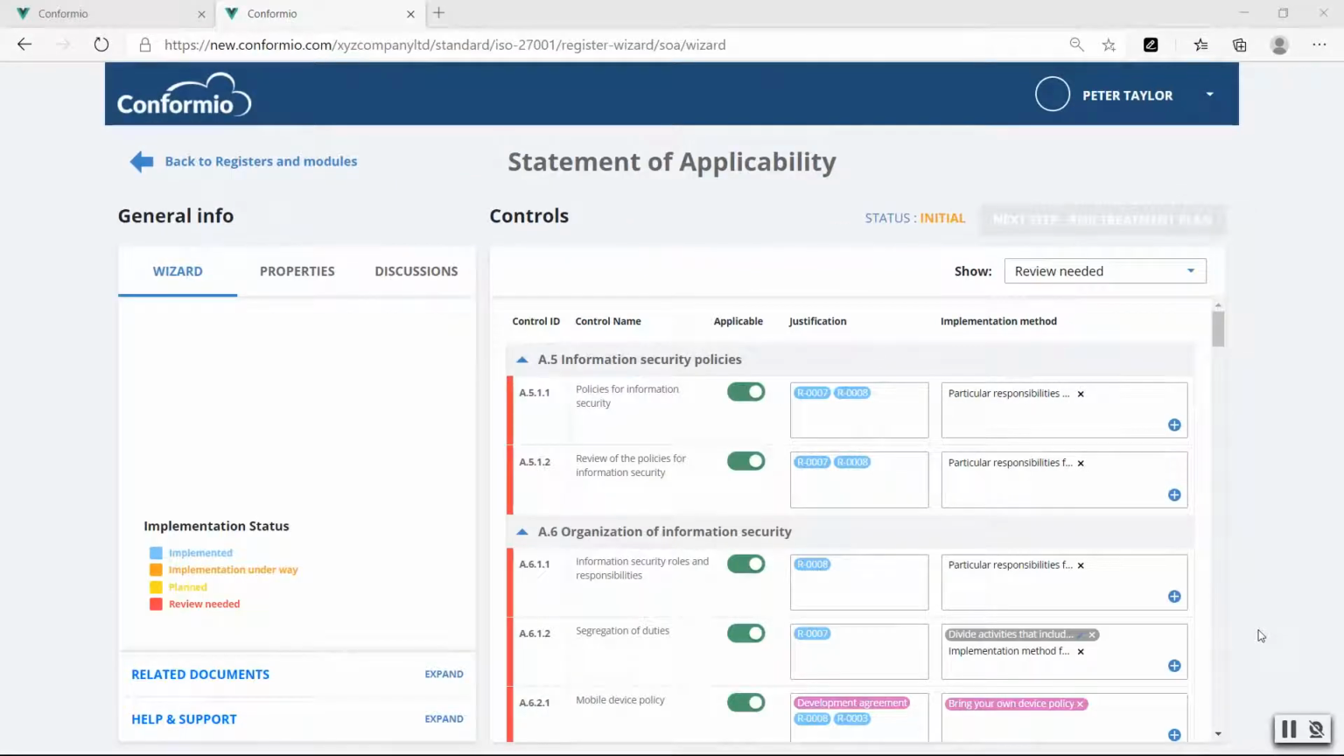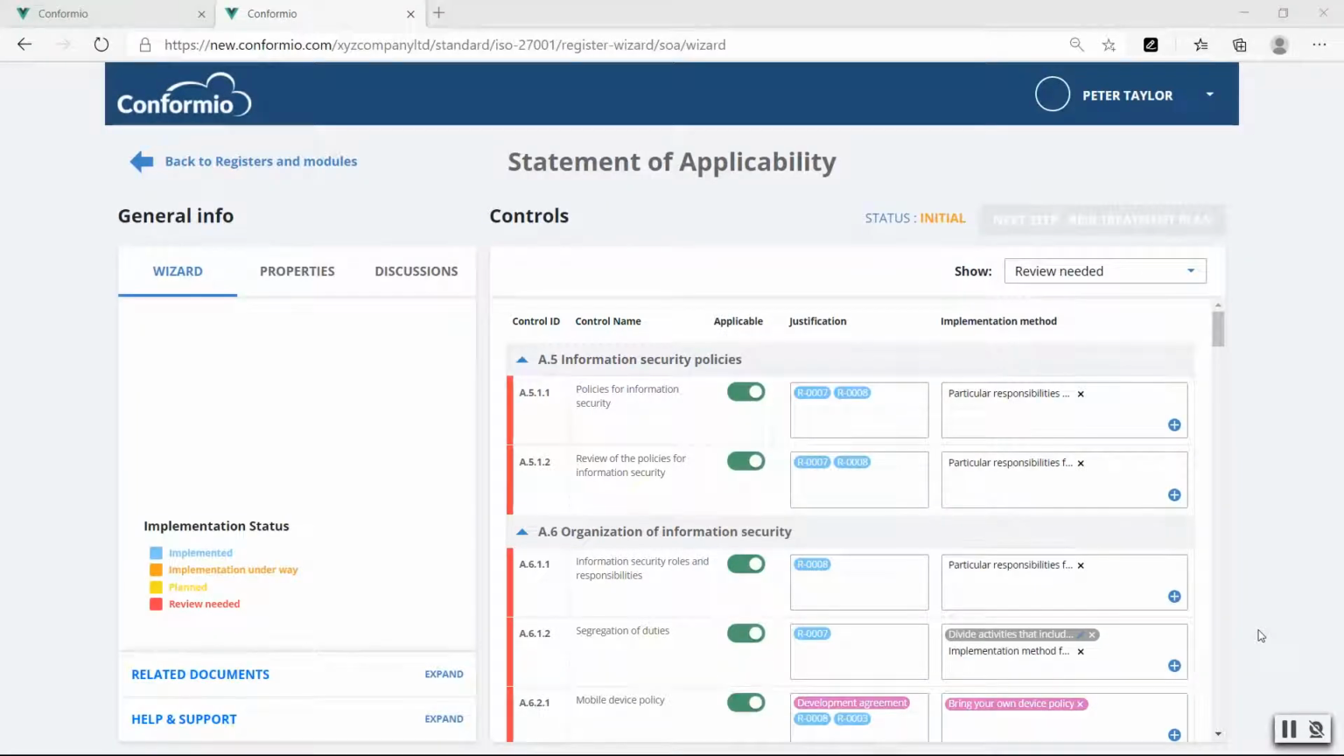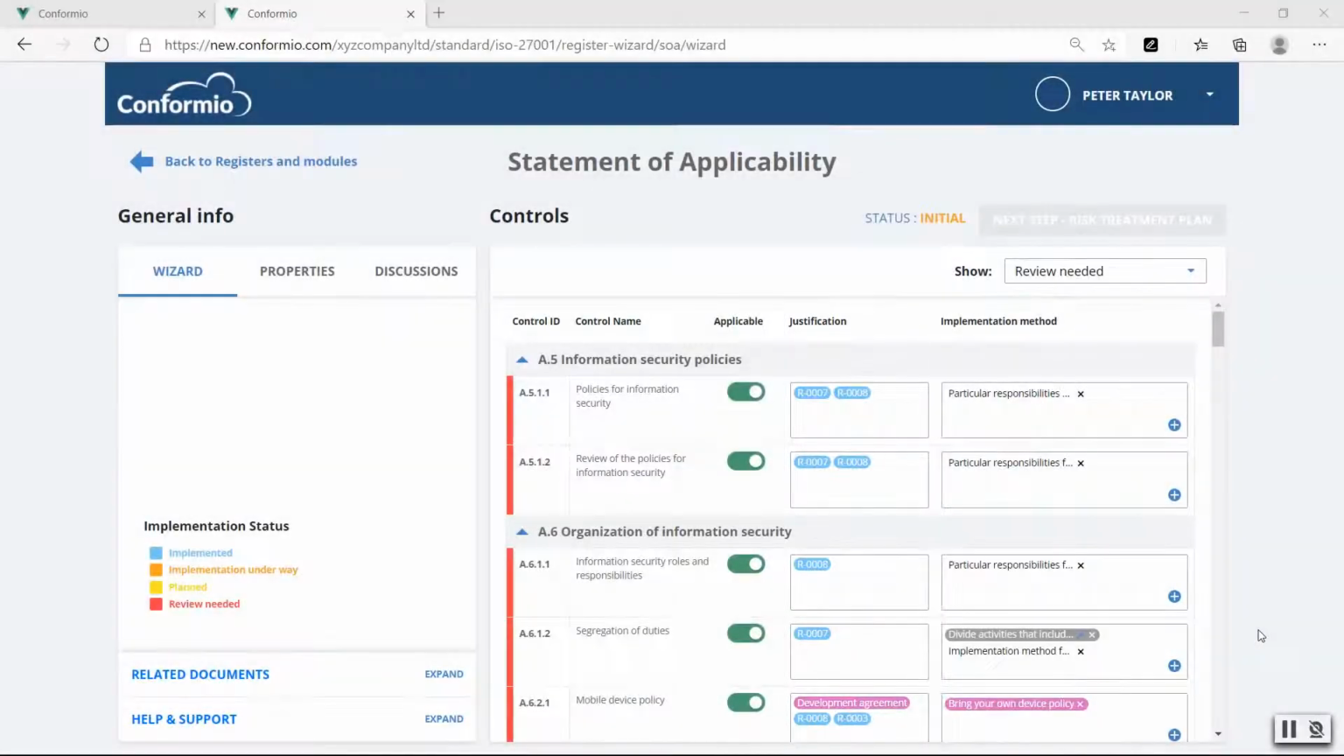The Statement of Applicability is one of the most important documents in ISO 27001, and this module will help you fill it out. The main purpose of the Statement of Applicability is to list all of the 114 controls from ISO 27001 Annex A and to specify for each control whether it is applicable or not, why, and how to